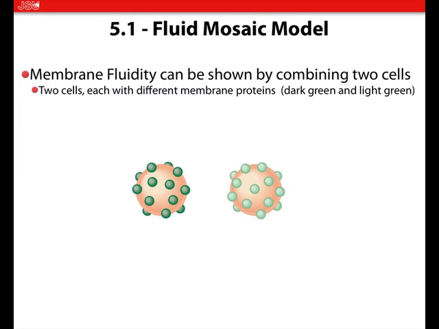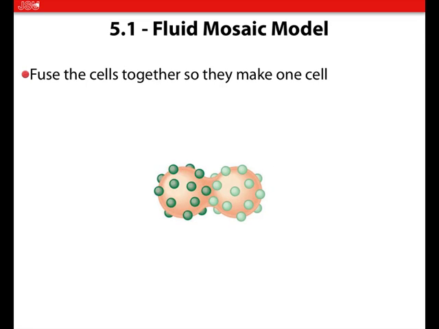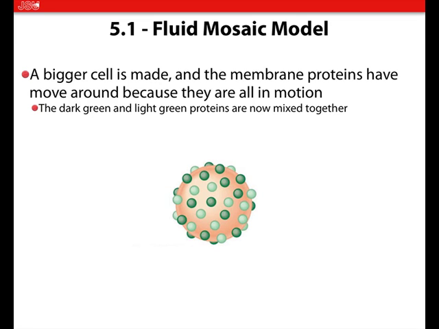Okay, this kind of describes the fluid mosaic model. The sphere on your left is, well, these are 2 cells, okay? And the dark green spheres and the light green spheres are proteins. And we use this to describe what would happen based on the fluid mosaic model if we combine these 2 cells together. So this is separate, combined, fused, and then overall what happens. And what do we see? That when we combine these 2 spheres,